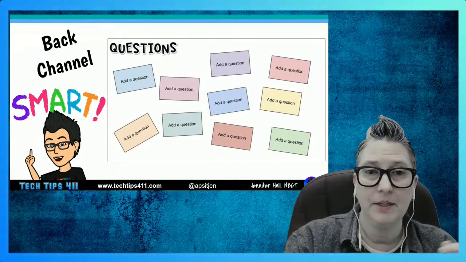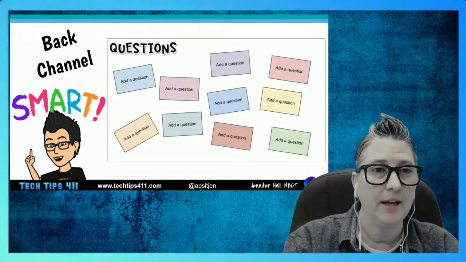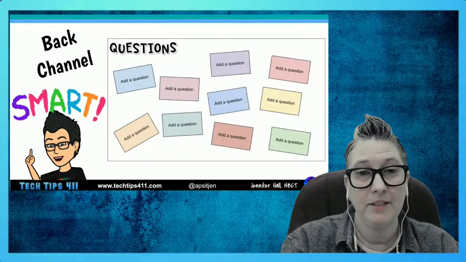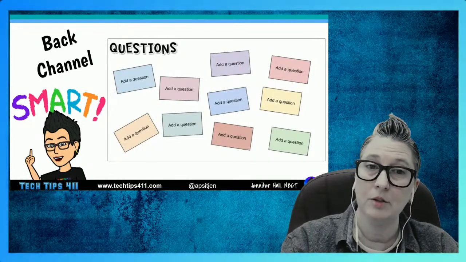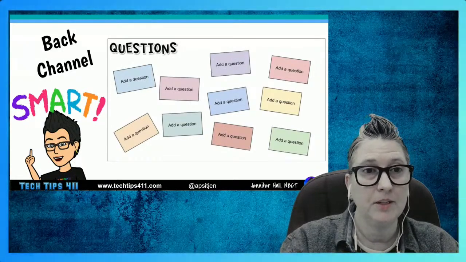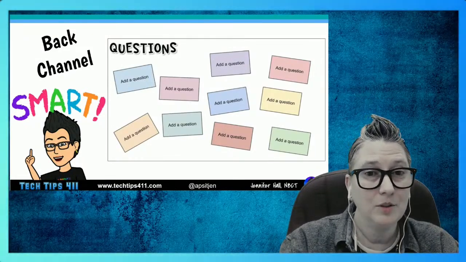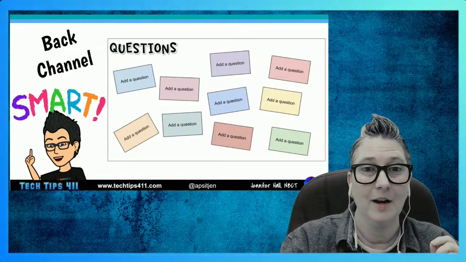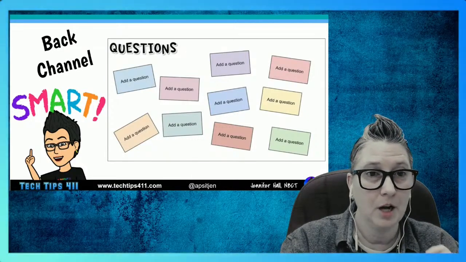And so I have a template available that has a question page and a comments page, and what you can do is you can do it by the week, you can do it by the unit, you could even do them for small group activities, but it's just a place to hold questions. The advantage of using Google Slides is the fact that you have this place that you've captured comments and questions,